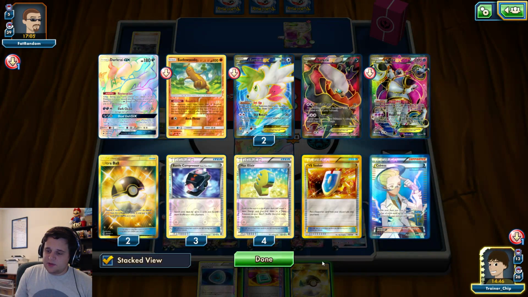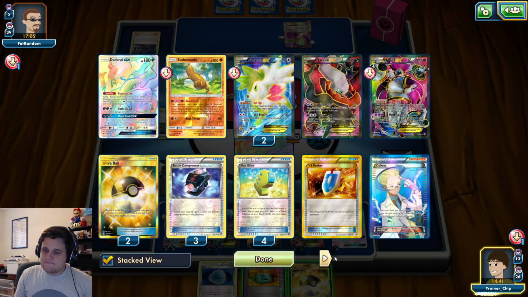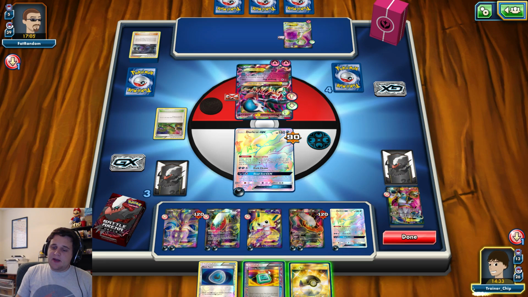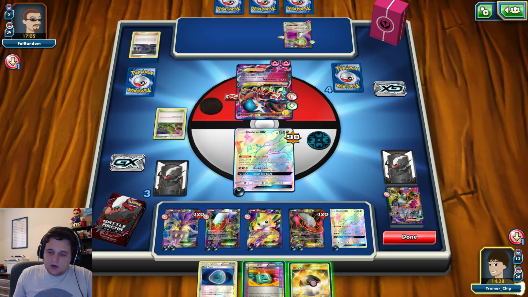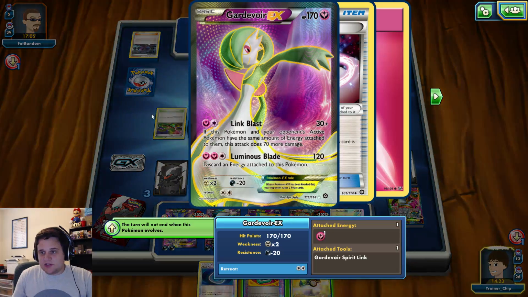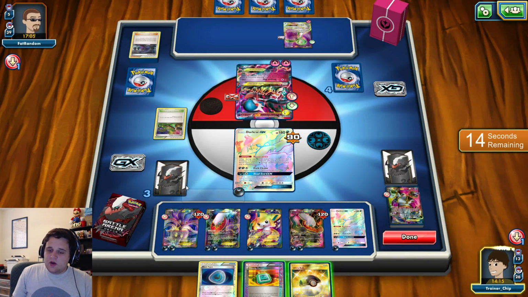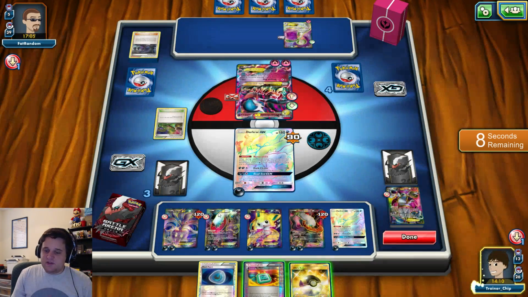We didn't prize any via Seeker. Did we prize supporters? I don't remember. We could also Delinquent, but he put another energy in case we did that. So let's see. We Guzma, knock this out, take 2 prizes. He knocks this out in return. And then we have to get another energy off of either prizes to try to knock him out with Darkrai. We might have to go for like a...